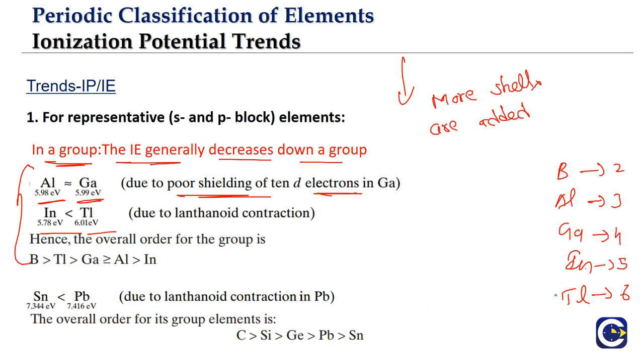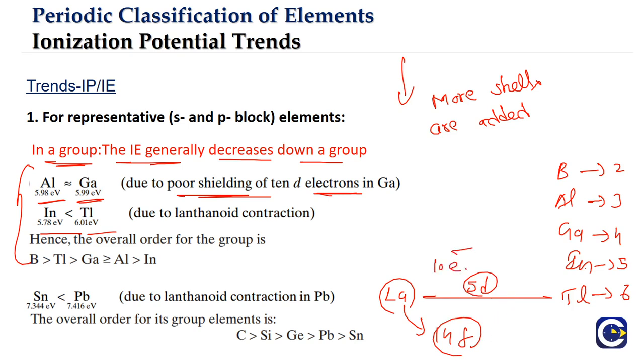Before we move from indium to thallium, right here, we are going to fill the 14 electrons into the f subshell. Lanthanides, all of them will come here. And then, not only that, we will also fill the 5d, means 10 electrons into 5d and 14 electrons into 4f. So totally we are filling what? 24 electrons, which are filled into what? The poor shielding d and f subshells.